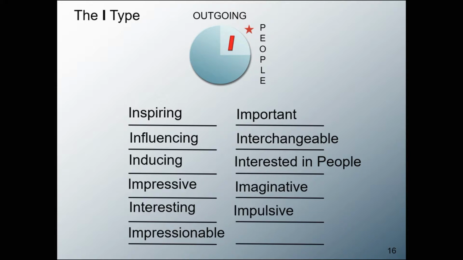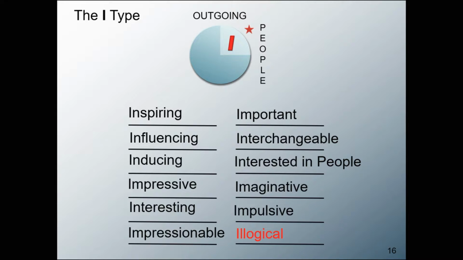When you look at the red word, that is because we're going to talk about strengths and weaknesses. We talked about that already, actually. Strengths and weaknesses, when not in control, can be perceived as completely the opposite. Because of the creative way of the I personality, being outgoing, really dynamic, really enthusiastic, with ideas coming out every second, for some people with a different type of personality it can be seen as illogical. It doesn't make sense. So that's what it means. It doesn't mean that they are illogical.